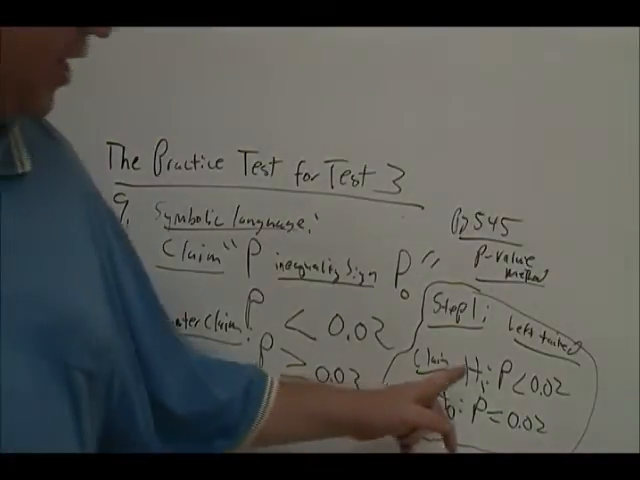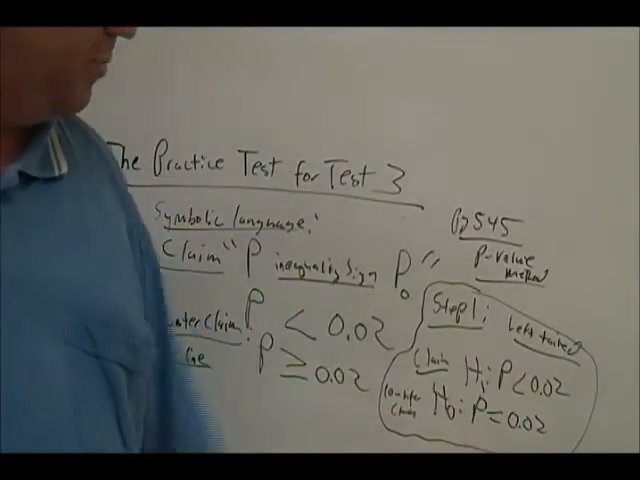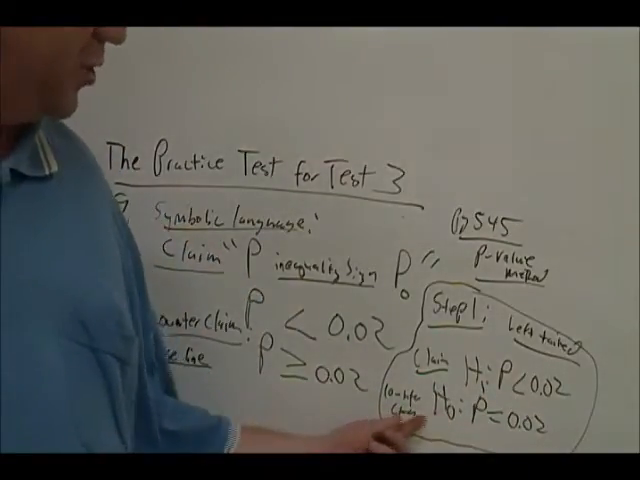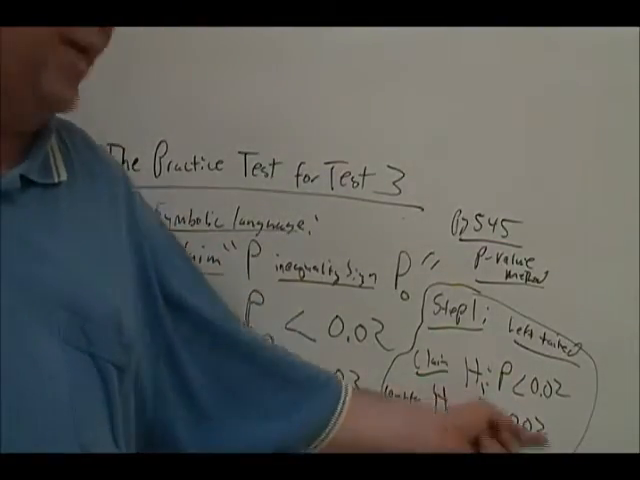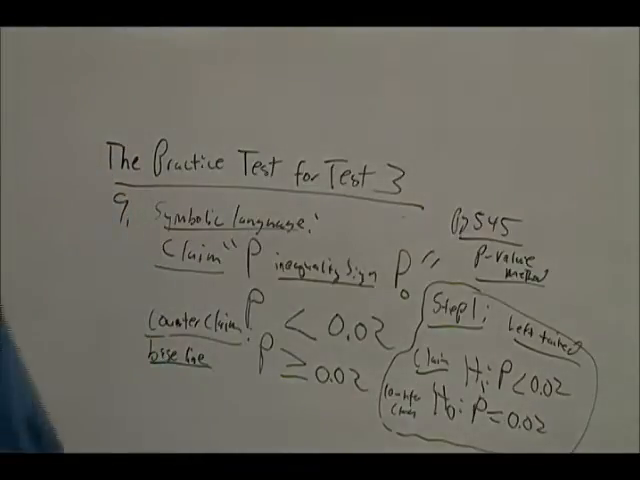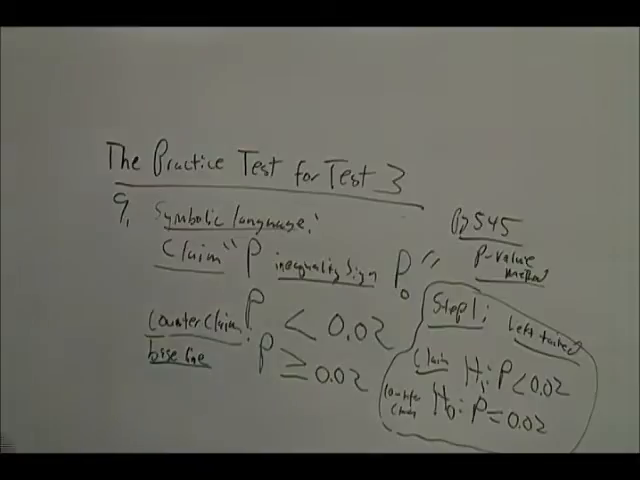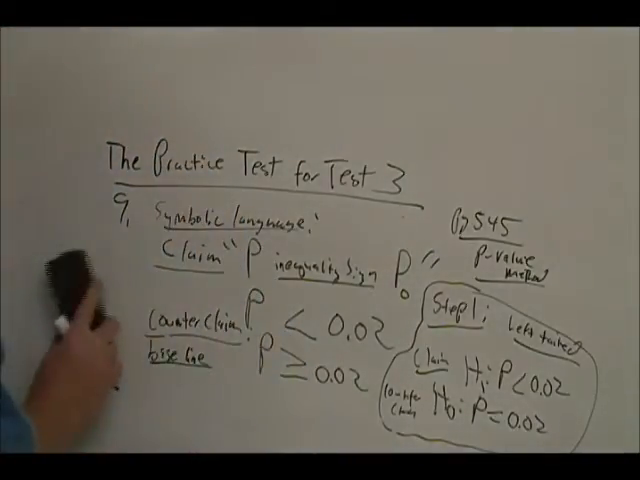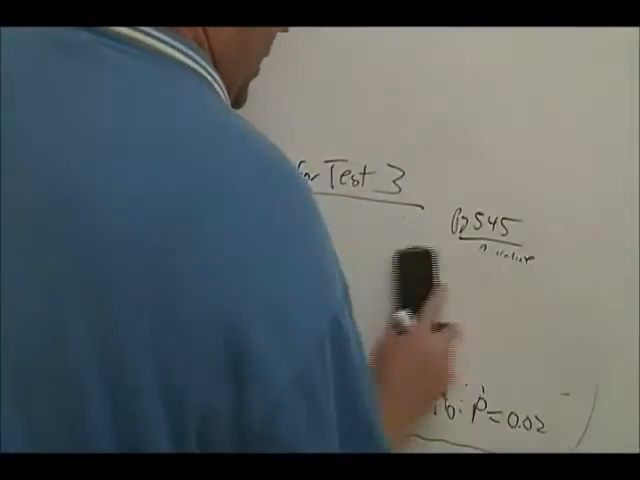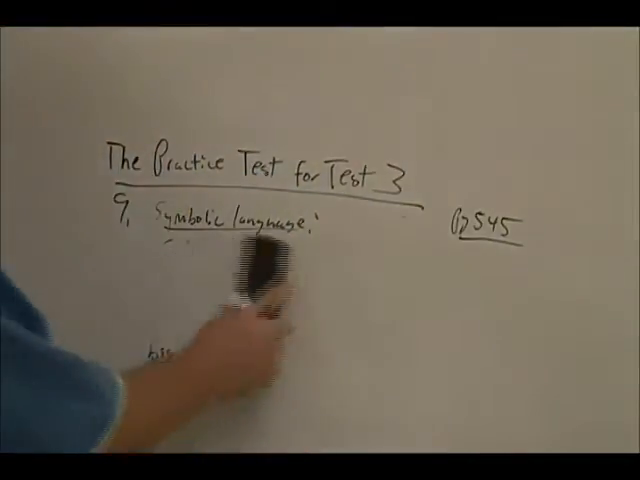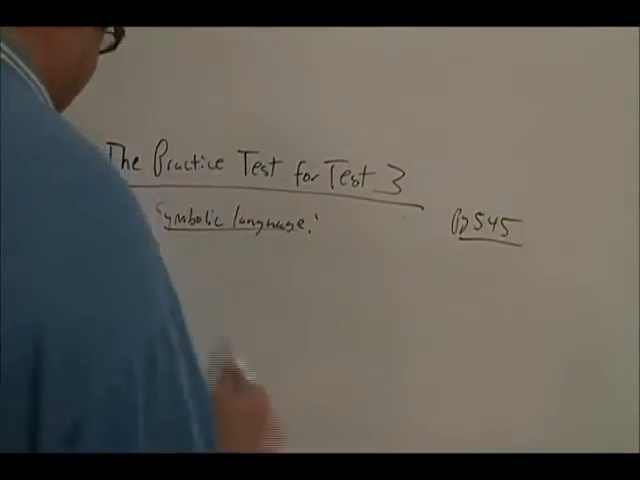It's a left-tailed test. The alternative hypothesis is P less than 0.02. The null hypothesis, which comes from the counterclaim, is P equals 0.02. So that ends step 1. Now we move to step 2. So now when you go to page 545, go down to step 2. And step 2 says,